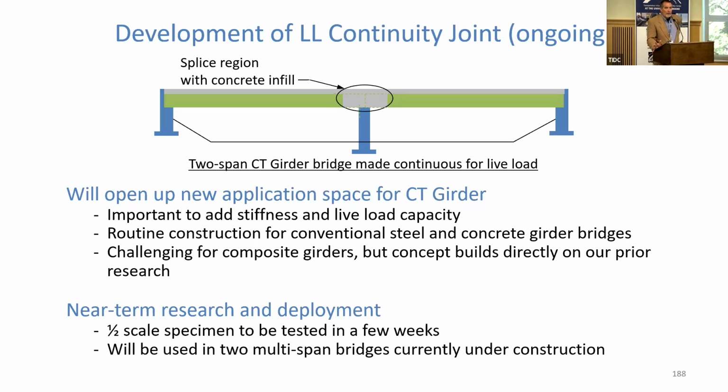It's something we do all the time with concrete, right? We add extra rebar on the top of the deck. We have a continuity pour with the concrete. Concrete bears on concrete in compression. Rebar on the deck carries tension. Everything's good. It's tough for composite girders. To the best of my knowledge, it's not been done, but we have things we've been working on, we can